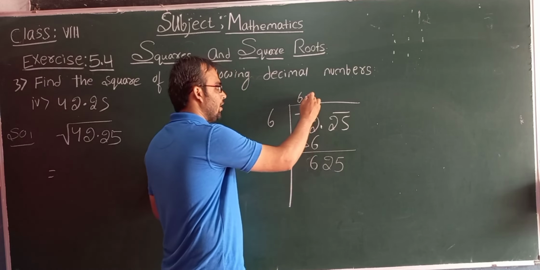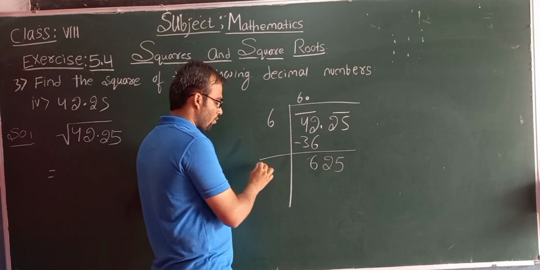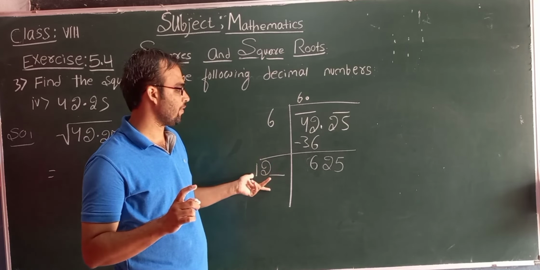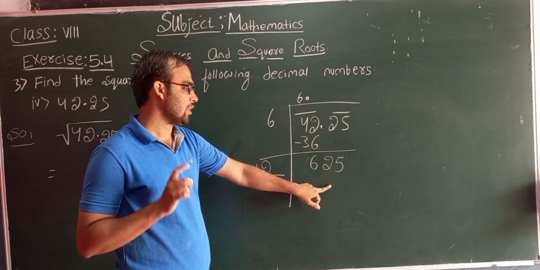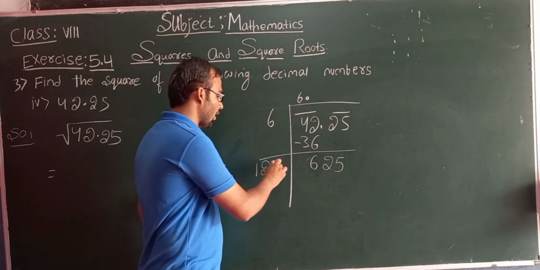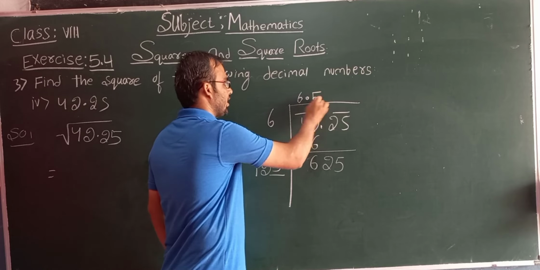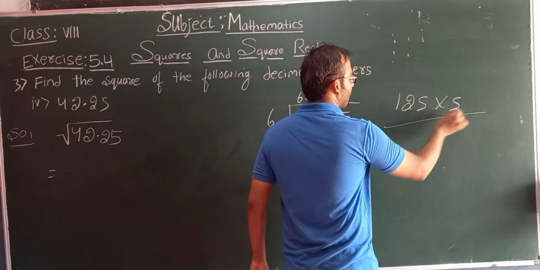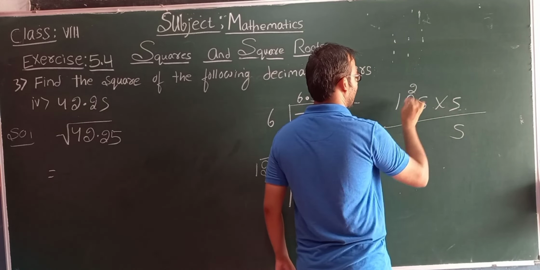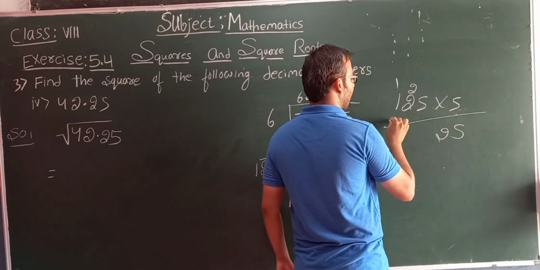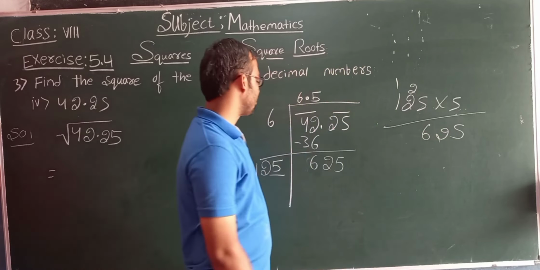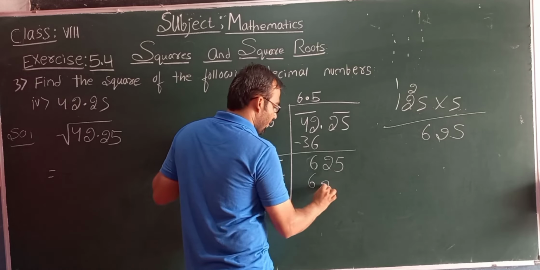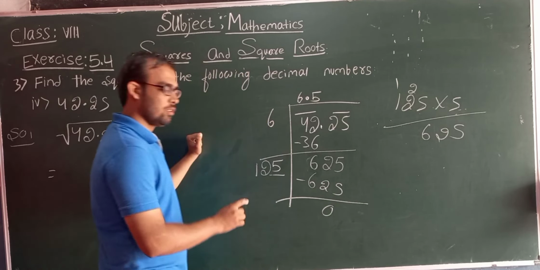As this is a decimal part, place the point here. Now double the quotient. Put the blank. Write here a number such that when we multiply this number with the new number in the quotient, we get 625 or lesser than this one. Now let us fill this blank with 5 and check whether we get the same answer or not. Here 5 5s are 25, 5 to carry, 5 2s are 10, 10 plus 2, 12, 2 1 carry, 5 1s are 5, plus 1, 6. Students, when you fill this blank with 5 and multiply 125 with 5, we are getting 625. As the remainder is 0, this process is completed.